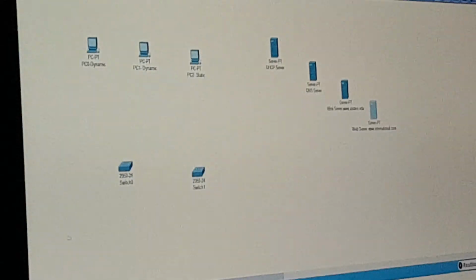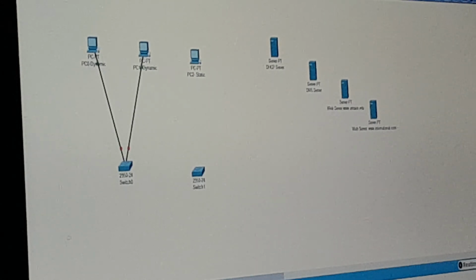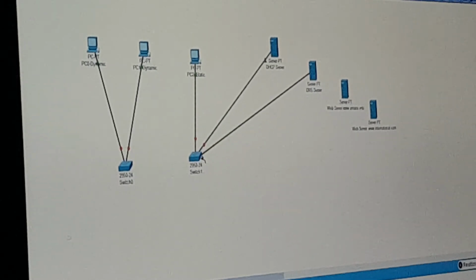Now I'm going to connect these devices by using the smart connection from here to here. This one is here, and as well this one is here. Okay, and this one here as well. From here to here, from here to here.